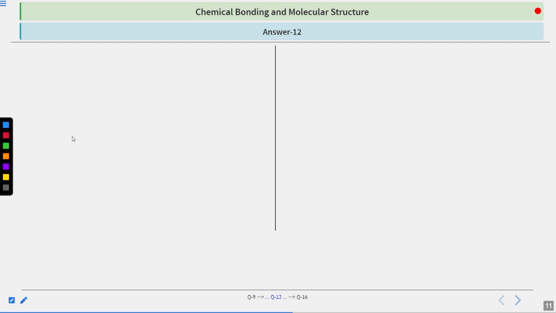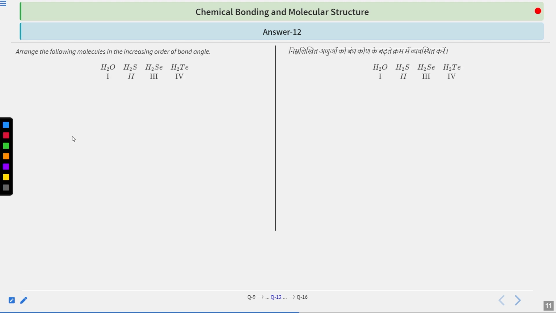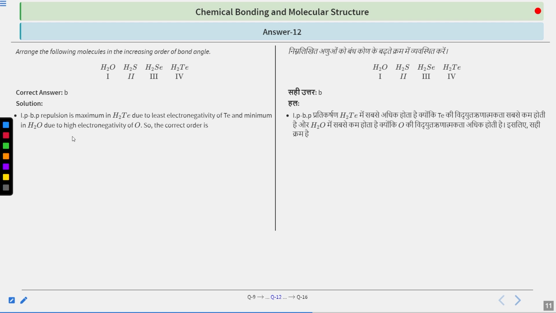Okay, now let us see the solution. What we have to do is see the increasing order of the bond angle. So first of all, what is the correct answer? The correct answer is B. You will simply see that lone pair and bond pair repulsion is maximum in the case of H2Te, that is tellurium hydride, due to less electronegativity of tellurium, and minimum in H2O due to high electronegativity of oxygen. So the correct order is